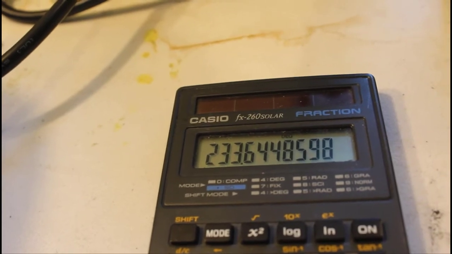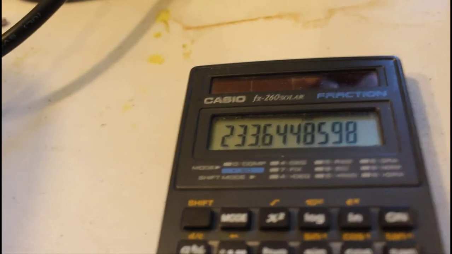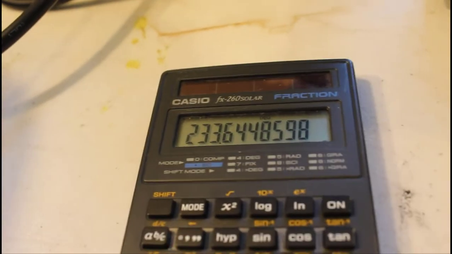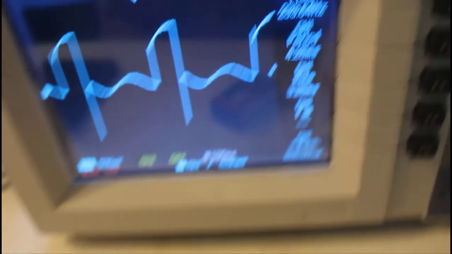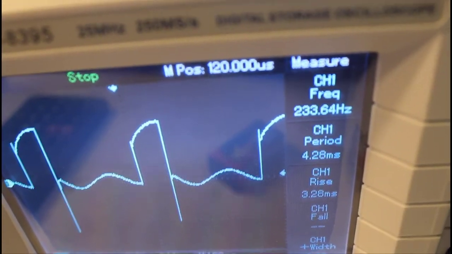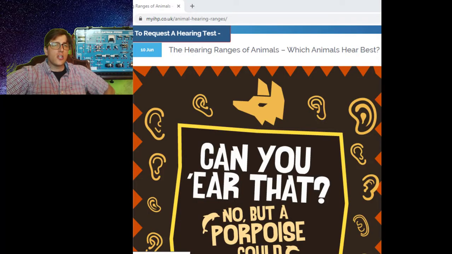They're just inverses of each other, one over the other. It's also called a reciprocal. It's called an inverse. It's called a reciprocal. Either way, it's the same math. You just take it to the negative 1, essentially, and that's exactly what we see. If we confirm that again, that's 233.6 hertz. So we just calculated the frequency at about 233 hertz for our